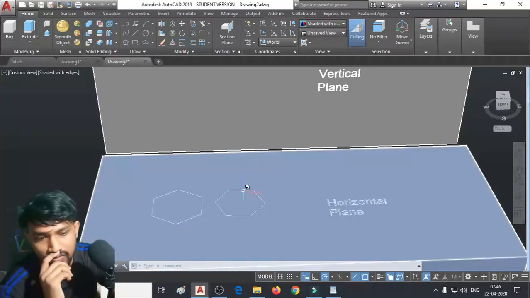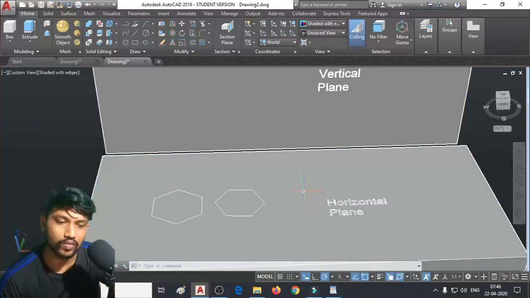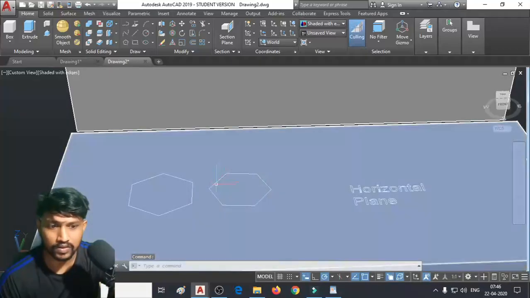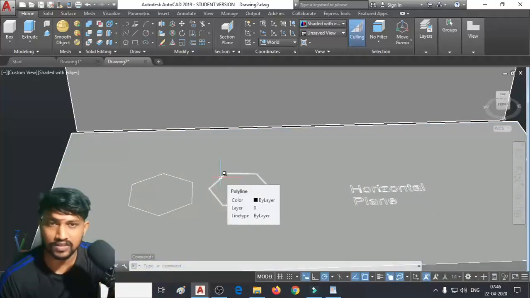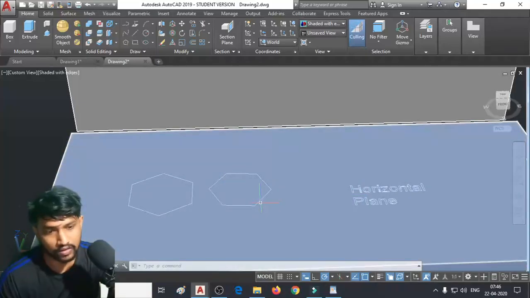Suppose if I take the hexagonal plane like this, what happens? If I want to keep this particular side here, I need to rotate or lift the rest of the sides. If I do so,